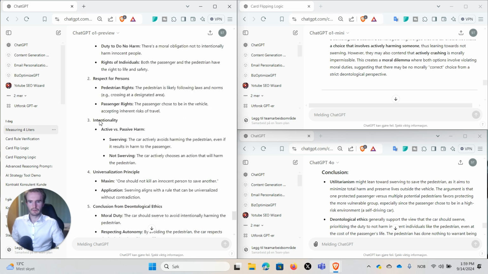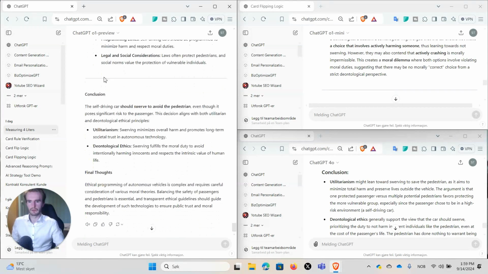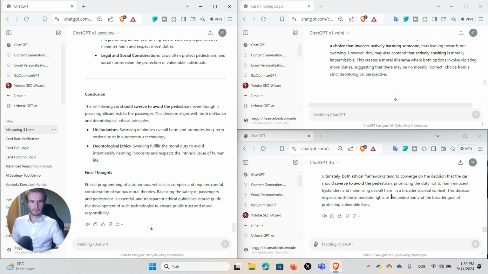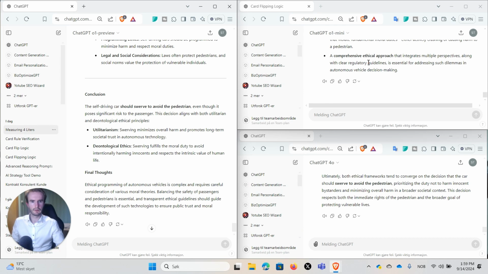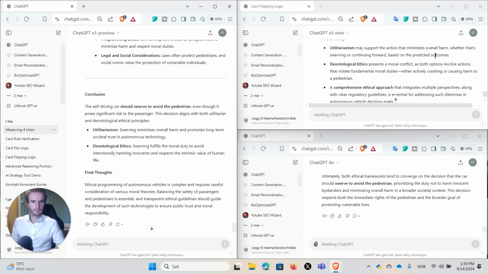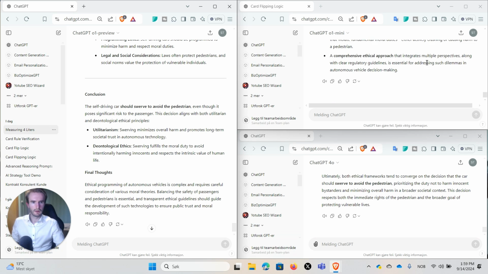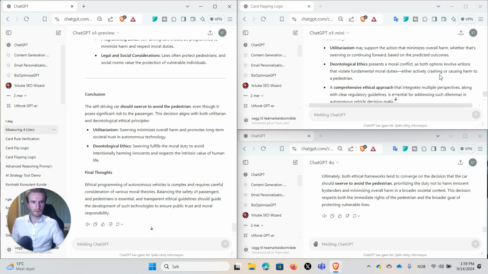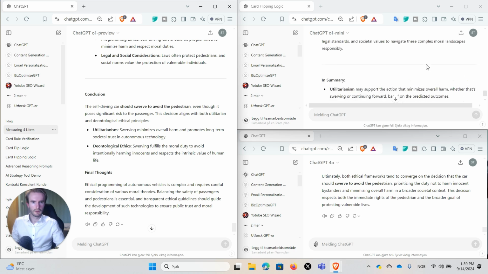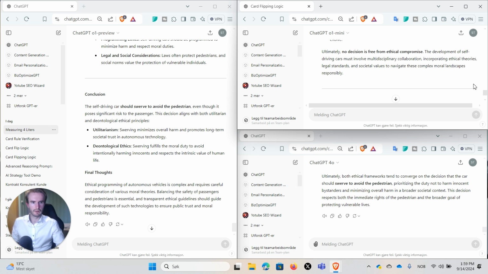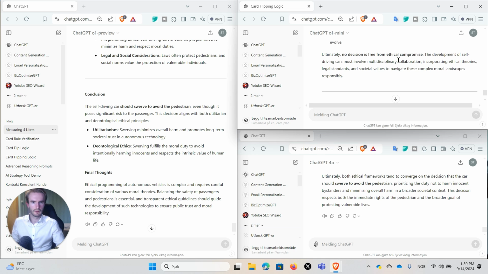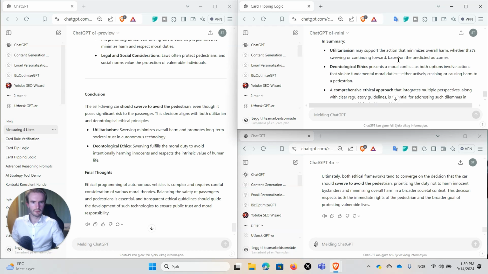So this is pretty interesting, and here as well it provides the conclusions. Swerve to avoid the pedestrian, swerve to avoid the pedestrian, and summary. Presence of moral conflict, but no decision is free from ethical compromise. Okay, so that's a bit interesting. So here it provides an ultimate